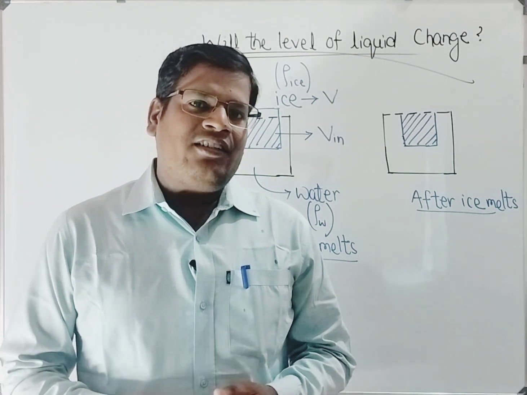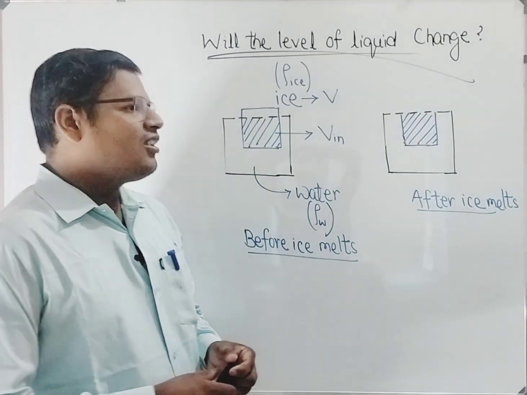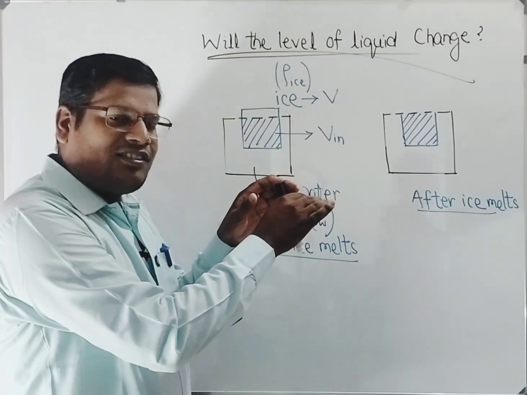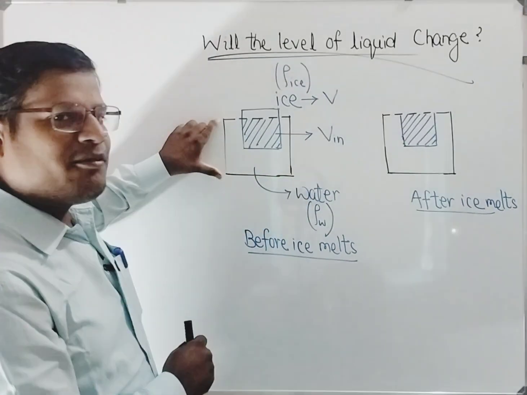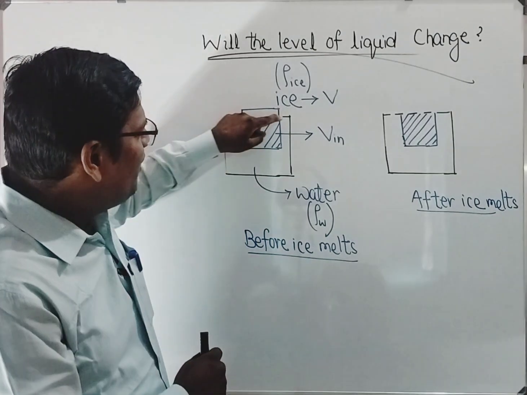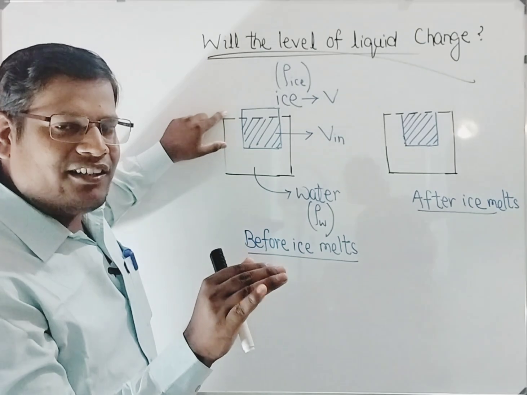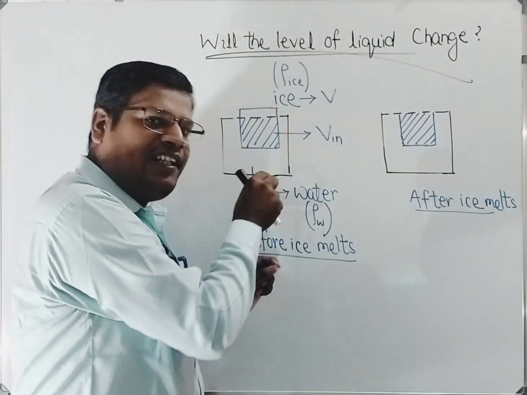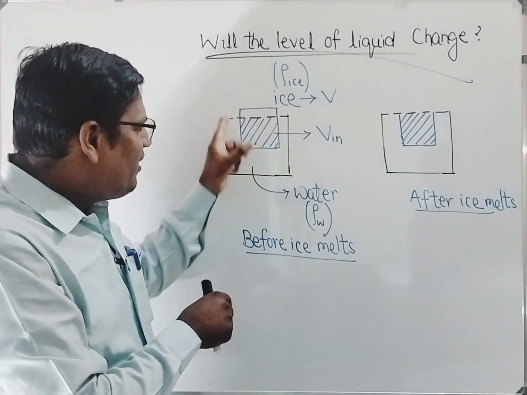So let's take another popular misconception. The question is, we have a beaker containing water. The beaker is completely filled with water. So this is the maximum height of the beaker and this is completely filled with liquid. This dotted line indicates the level of the liquid in the beaker. And an ice cube is floating in this water. I have shown that ice cube by this blue color